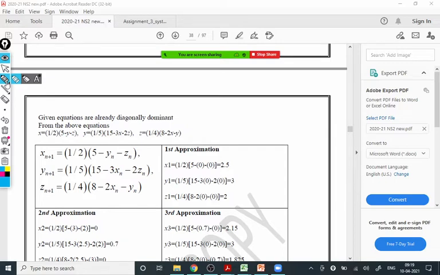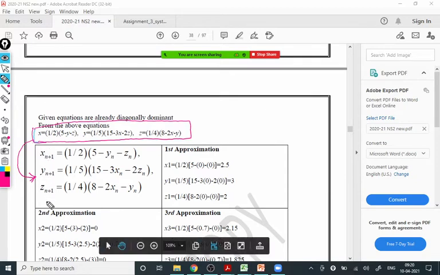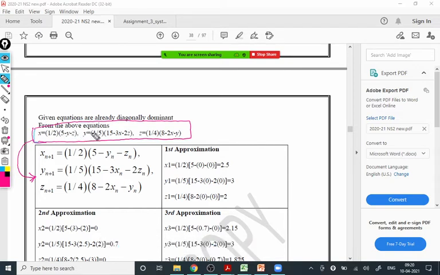The first thing you'll observe: these are the equations we wrote from the given system. So we get x equal to 1 by 2 times 5 minus y minus z, y equal to 1 by 5 times this, and z equal to 1 by 4 times this one. These equations are converted into the iteration formula. On the left hand side we write xn plus 1, yn plus 1, zn plus 1, and the RHS is replaced by yn, xn, zn. The first one is xn plus 1 equal to 1 by 2 into 5 minus yn minus zn, yn plus 1 equal to that, and that is the iteration formula for the Gauss